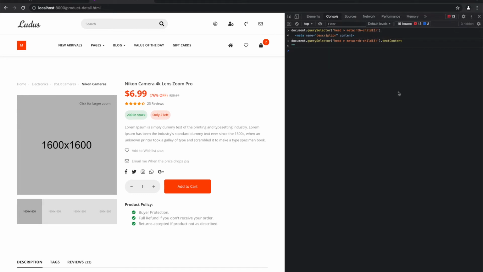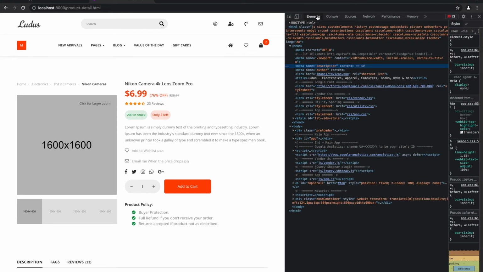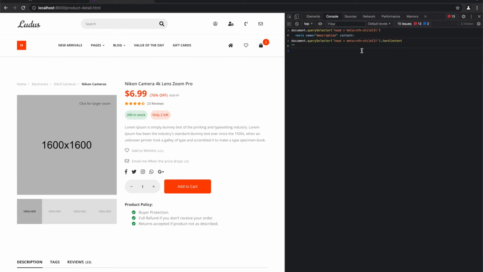Now, in order to properly target this element, this would not be a very proper way of targeting it, because it's the third child of the meta element. So if developers of the website would place any meta element between those two, this logic would not work anymore. So that's not the best way to select it. So in our case, we want description. What we want is actually just select the meta element which has the name description.